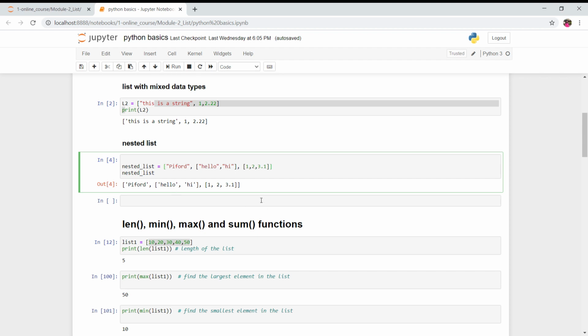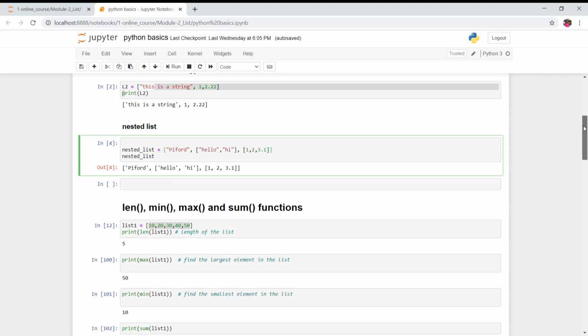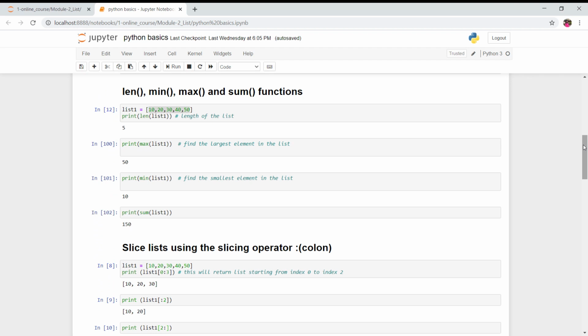Now let's talk about the different functions of a list. We have the length function, min, max, and sum. As is clear from the name, len means length. You can get the length of a list. Over here I have this list one, and these are the different elements of the list.